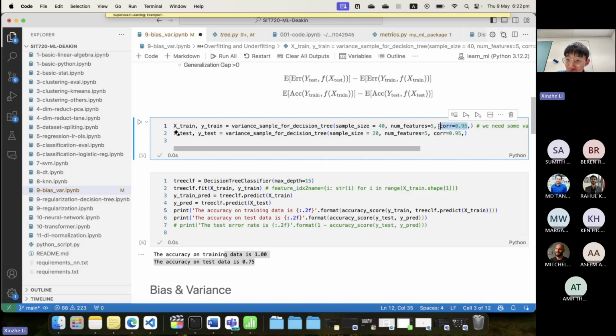Because most of the information is contained in each of the features. You don't need too many features. If you go to too many features, then you go deeper. Actually, in a tree we have splitting. You will make a splitting according to the noise information rather than the generalizable information in this